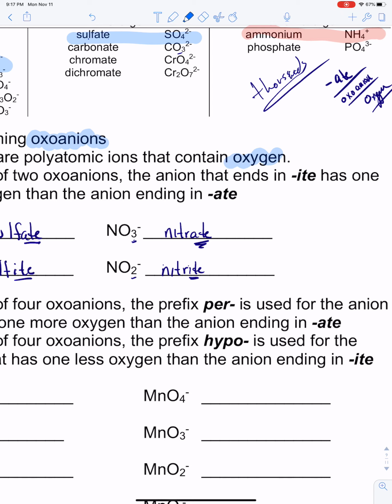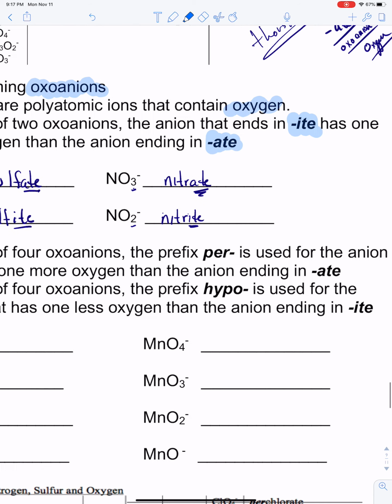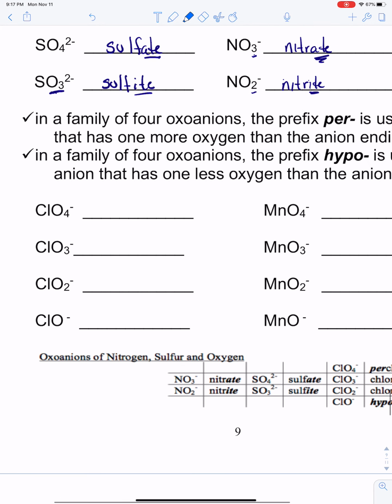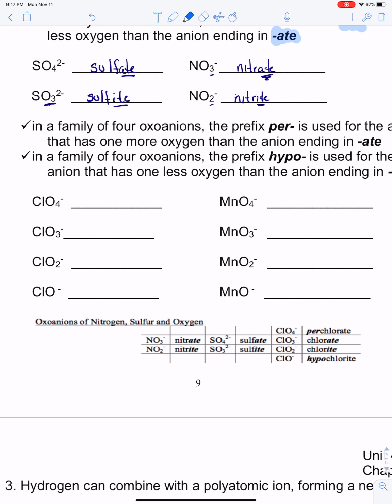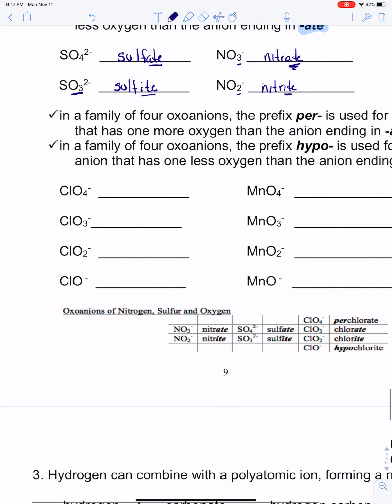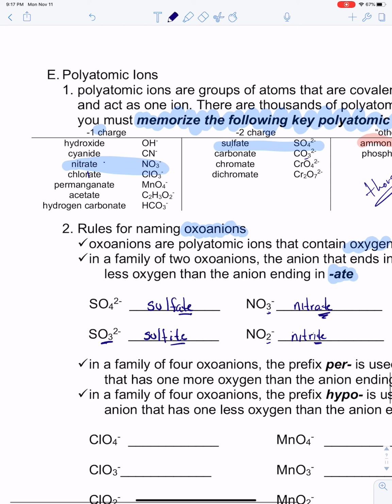So we're looking for oxoanions. This is going to be a clue in their name. If they end in ITE or ATE, they're going to be a polyatomic ion that has oxygen. Now, some of the oxoanions have families of 4. So in the chart,